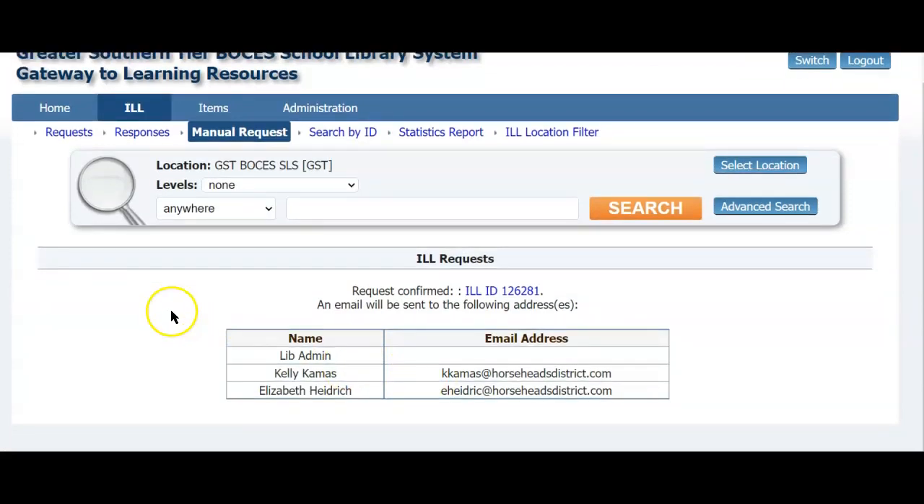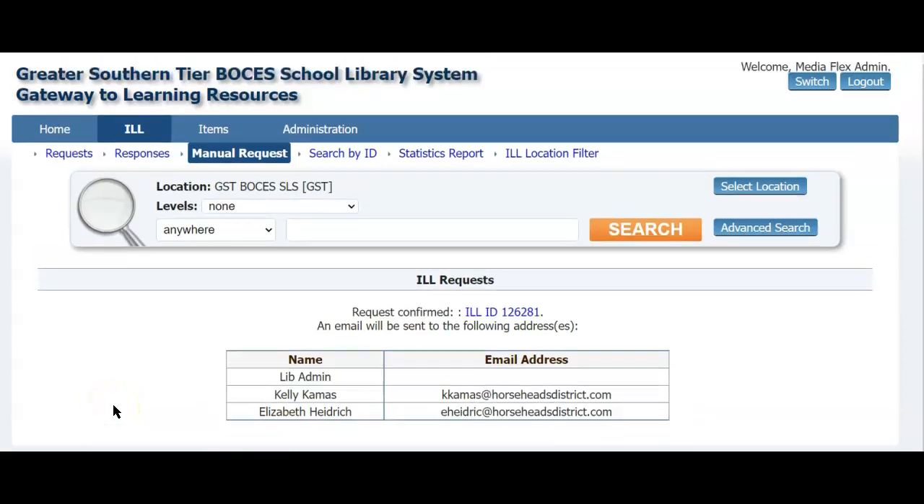Now you'll see that the request has been confirmed, and my ILL ID is 126281. That'll be a number that you'll use in future transmissions for this particular request. You're also seeing the library's names, the librarian's names at the requesting library that will get my email, i.e. my electronic transmission for this request. So once again, it's very simple to put a request in there,